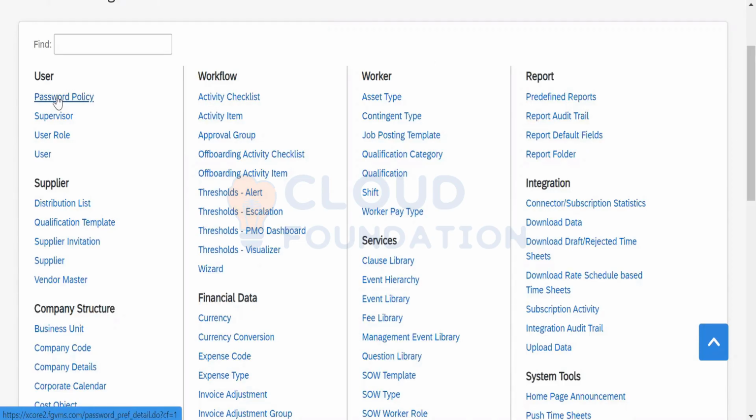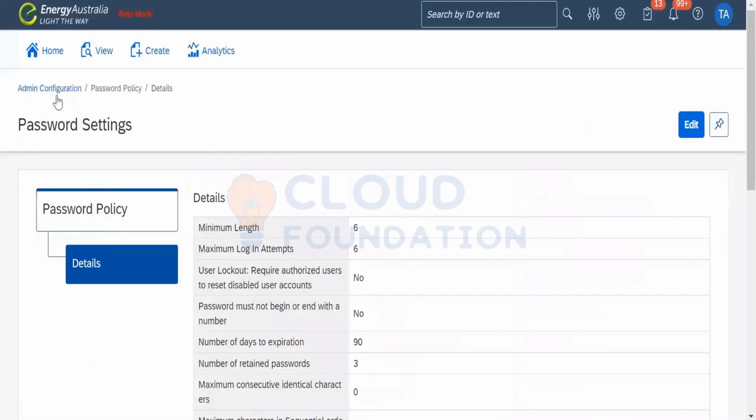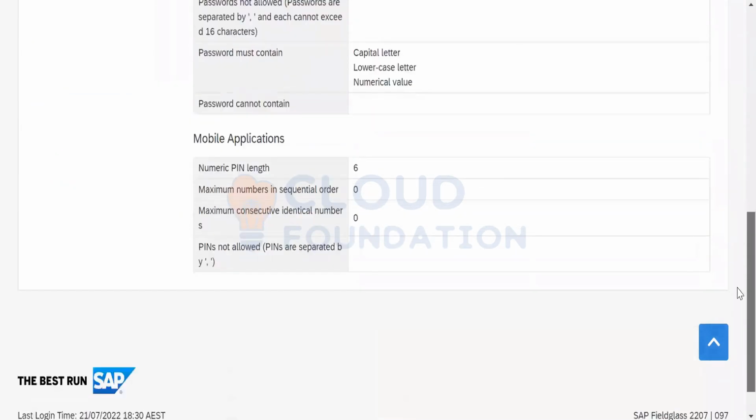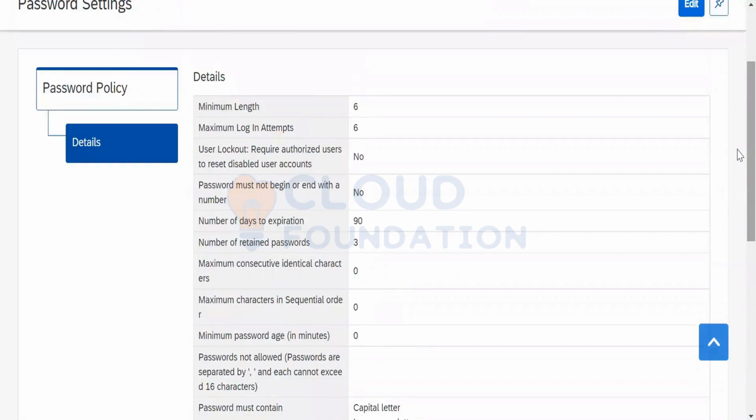Under user, what all can we do? We can set the password policy. Let's get in there. The password policies are, in simple terms, how typical the password should be, or say how tough or how secure the password should be. We have got the minimum length and the login attempts. The minimum length is set here. The login attempts is set here: the number of attempts after which the user ID will be locked.